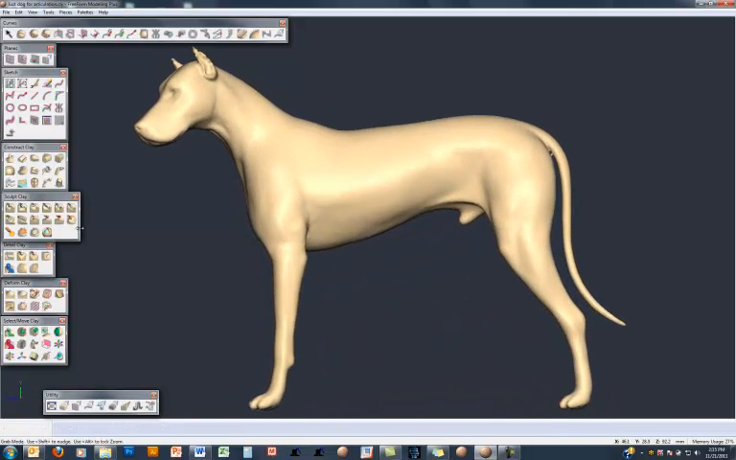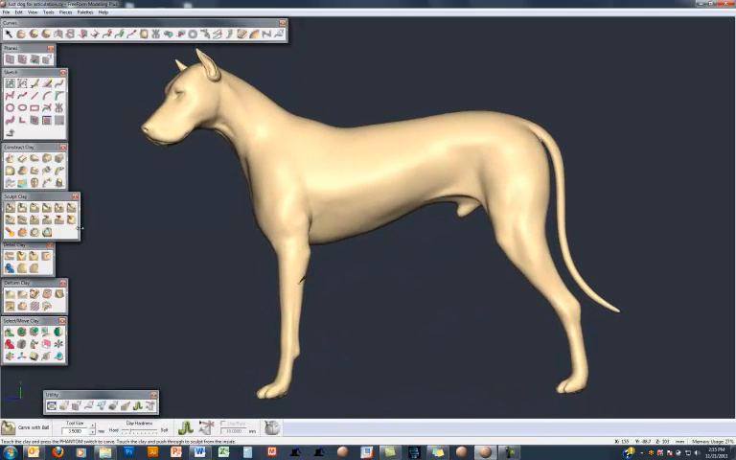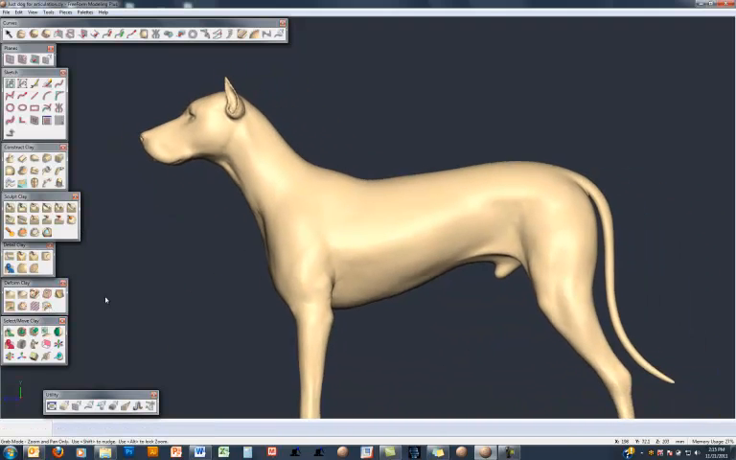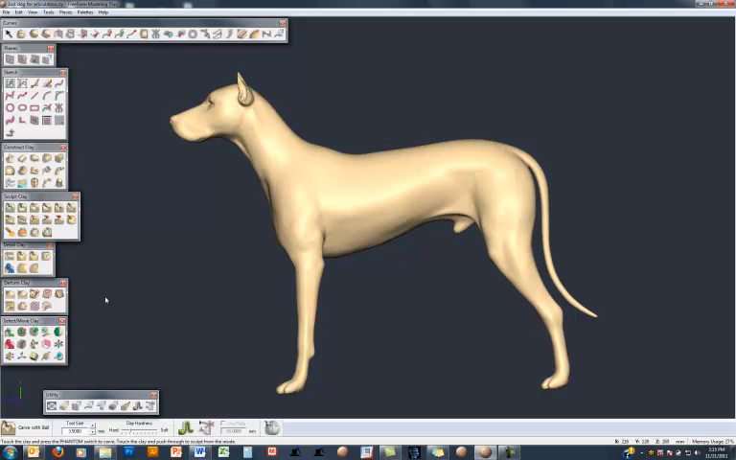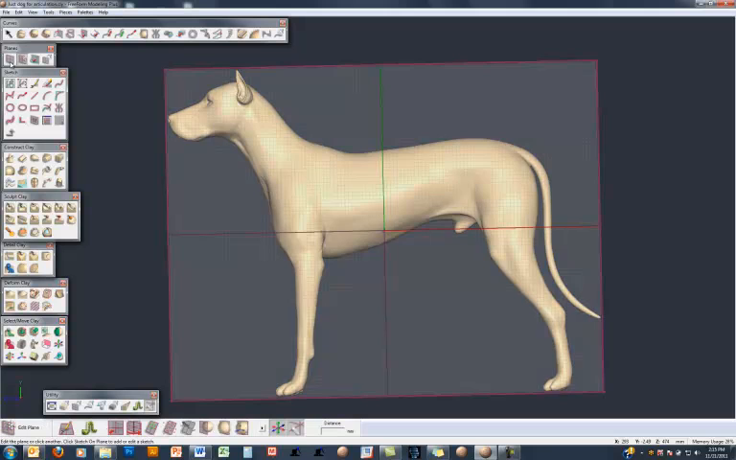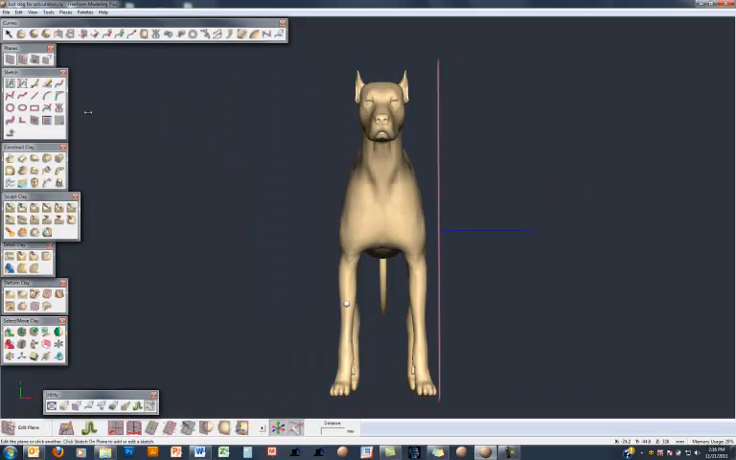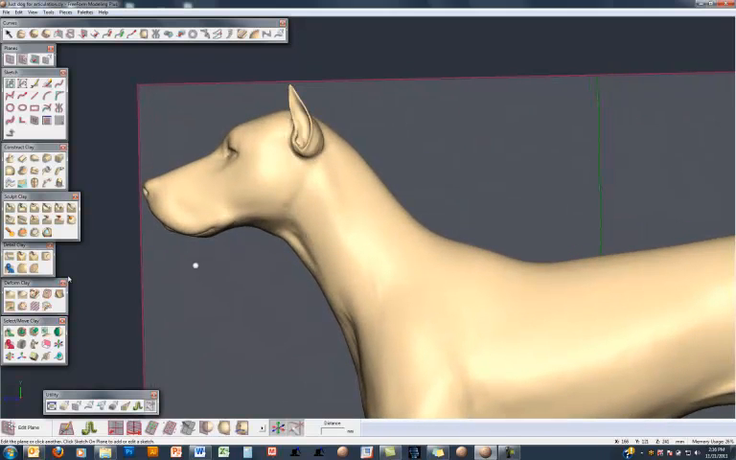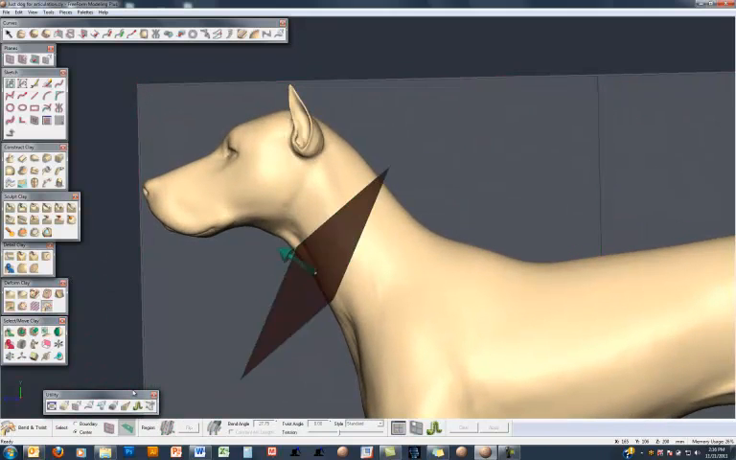So let's undo that and then we can come back and start to look at some of the options in detail. The first option I want to take a look at is ways in which we control the placement of that widget. So if I make myself a plane and put that plane in the middle of the model, this time when I go into bend and twist and place my widget,